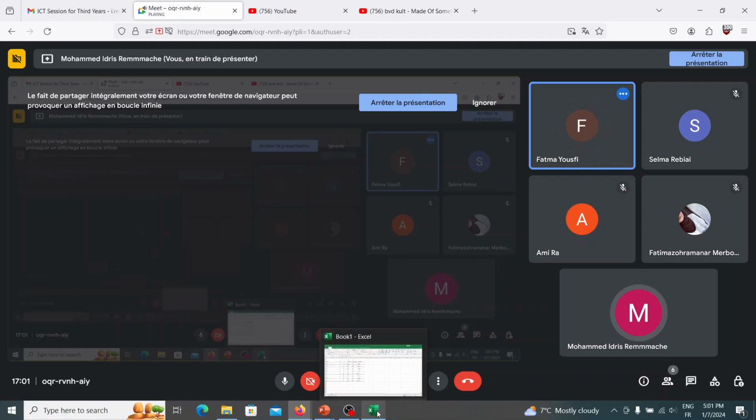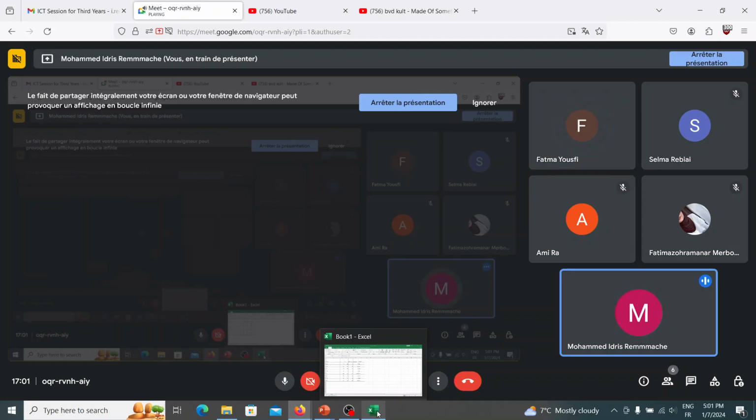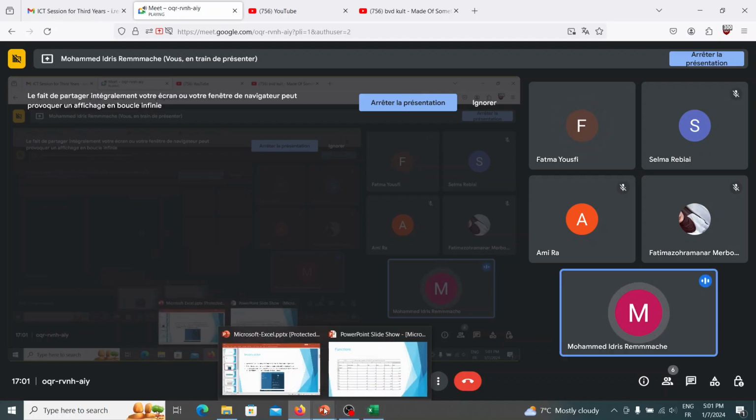Okay, so now if you have understood the if function, we're gonna see another special function, which is multiple if functions together or inside one another. Okay, for example,